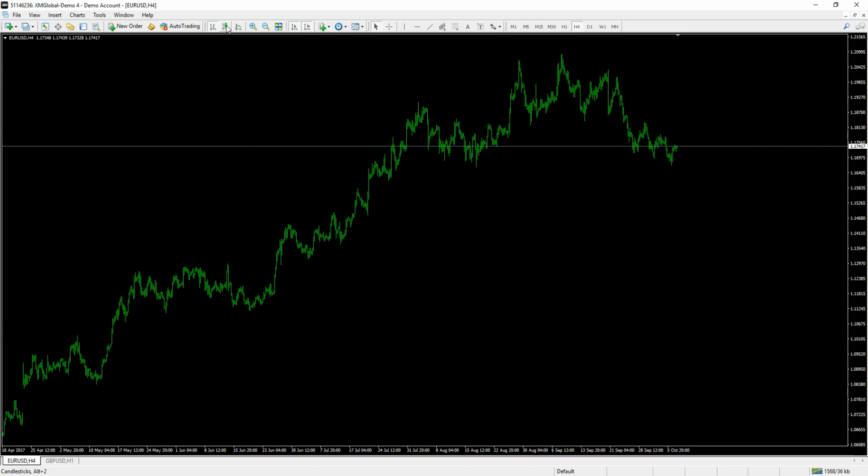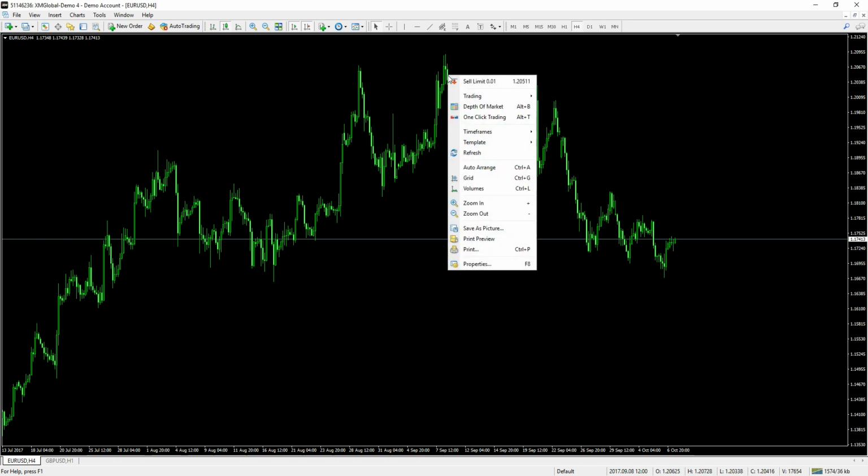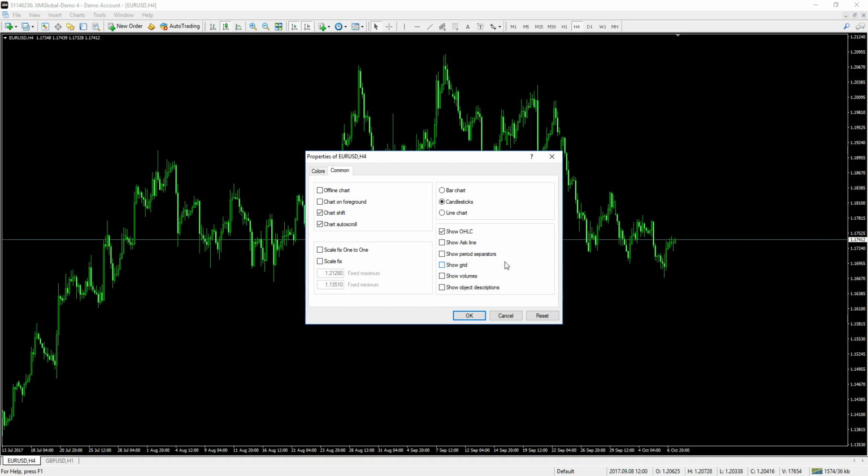Now we go up to what we call the candlesticks, and we select that. Then we want to zoom in to what we're actually seeing. So we zoom in once. Now you can actually see the definition of the candles, which is vitally important. Next step is to hover your mouse over one of the candles, any candle, right click, go to properties,